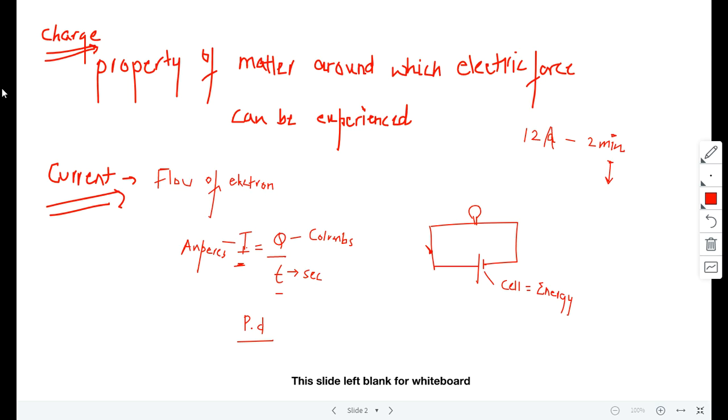That's potential. Remember? Like I have written also. Okay, so let me write this one. So it's the amount of work done in order to move